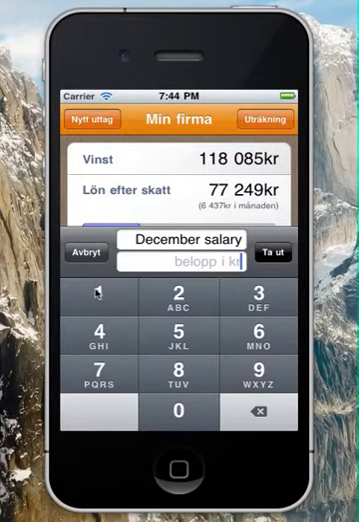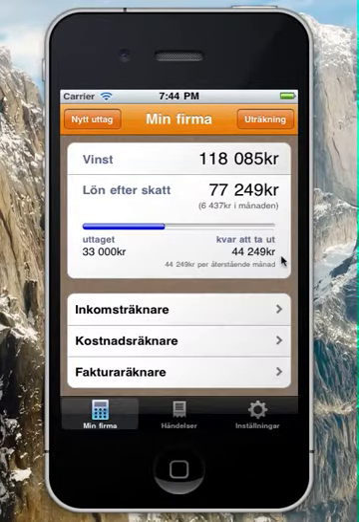Let's say 10,000 crowns. And then you have a cancel button and a withdraw button. We click withdraw, or ta ut, and as you can see, this bar here gets a little bit more progress, and you can see that you have a little bit left to withdraw from your company. Okay,